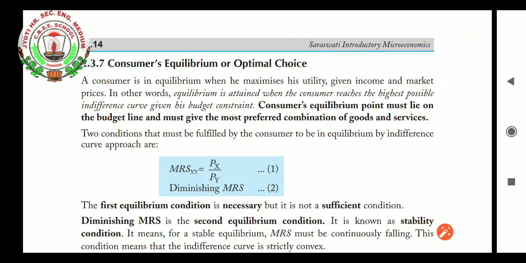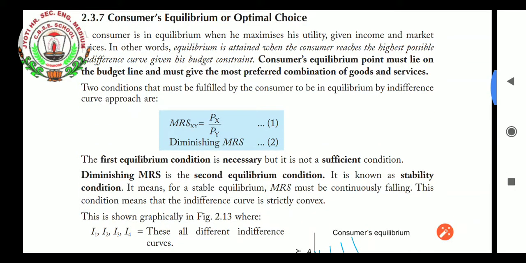As one example I can give you, consumer equilibrium or optimal choice. If, for example, commodity X is apples and commodity Y is oranges, you know the apple's cost is higher than the oranges. If the person likes to purchase more apples, definitely he will purchase fewer oranges. And if he does not like apples as much, definitely he will be purchasing more oranges with the same amount of 200 rupees. That particular thing itself is known as consumer equilibrium.